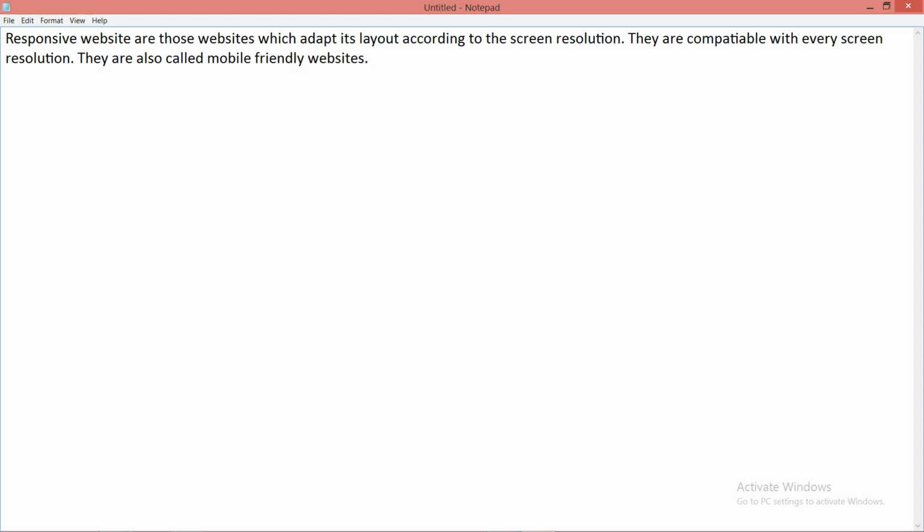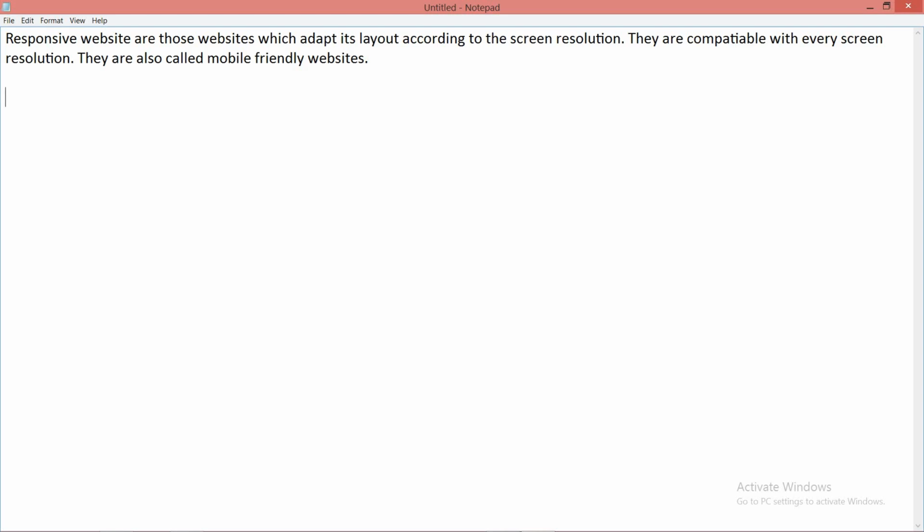This is the basic definition of a responsive website: those websites which adapt their layout according to the screen resolution, meaning they are compatible with every screen resolution you set, and they are also called mobile friendly websites.